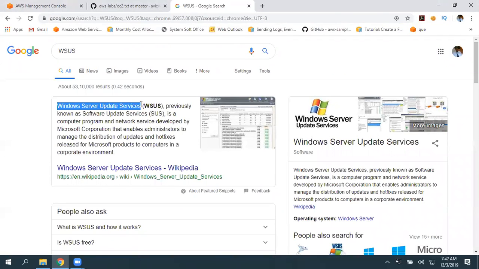You need to have a server. Whatever patches come, first you get the patches here, and you can test, or exclude, or include some packages. Then you can push to your entire network whatever packages you want. You can implement it in this mechanism also, but again you need to run a dedicated server, add all the machines, and maintain a domain. Basically, this works in a domain controller mechanism only. In a workgroup or standalone mechanism, it will not work.